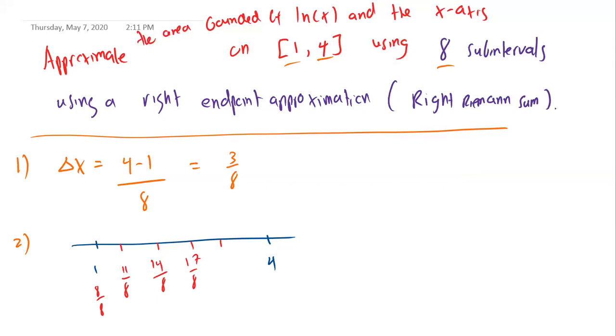Next endpoint, I add 3/8 again. That's 21/8. Next endpoint, that's 24/8, which is, okay, I need more space here. Because 24/8 is just 3, and I want to get all the way to 4. Just keep going. Plus 3/8 is 27/8, plus 3/8 is